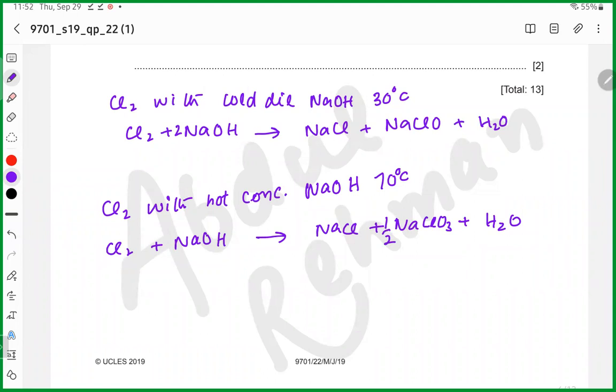इस तरह हमारी इक्वेशन तो बैलेंस नहीं हो रही। अच्छा, यहाँ तक तो क्लियर है ना सबको? अब देखिए, यहाँ पे क्लोरीन पे 0 चार्ज है, इस क्लोरीन पे -1 चार्ज है, और इस क्लोरीन पे +5 चार्ज होगा। ये बात क्लियर है? यस। बाकी सबको भी क्लियर है? यस सर।